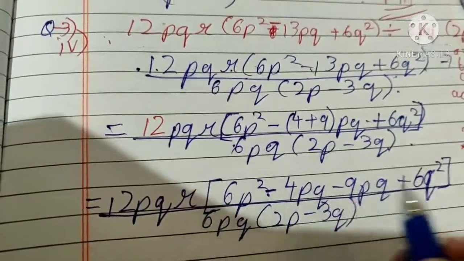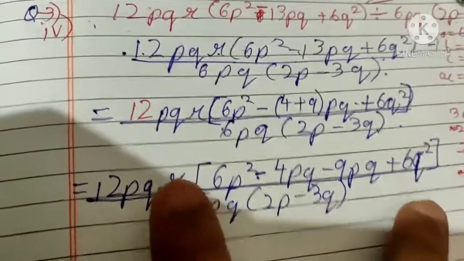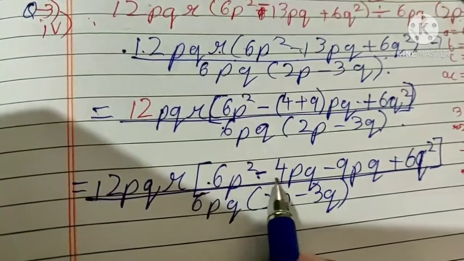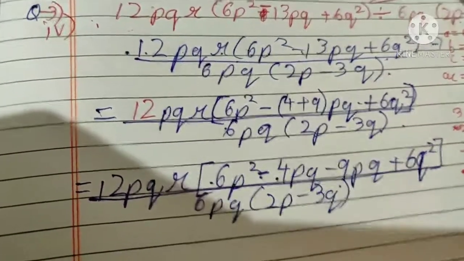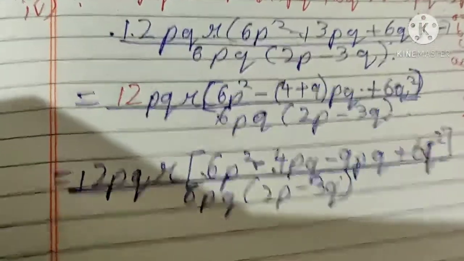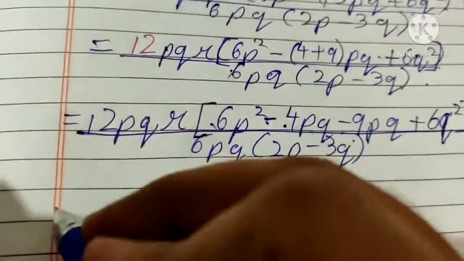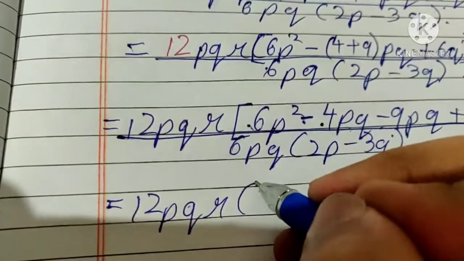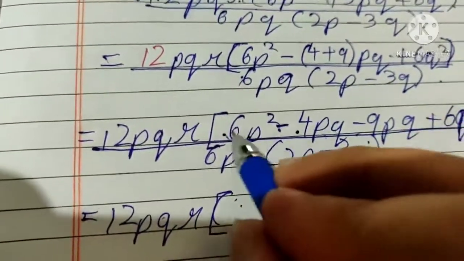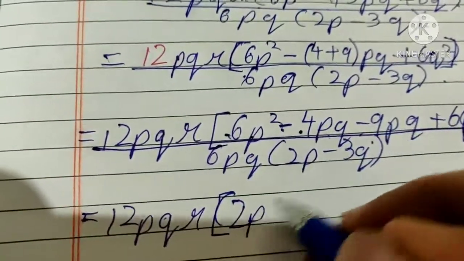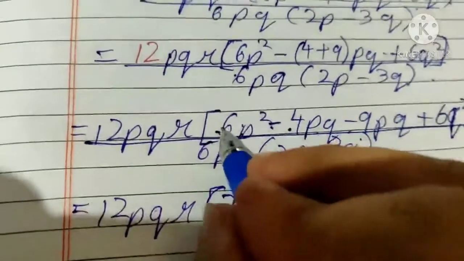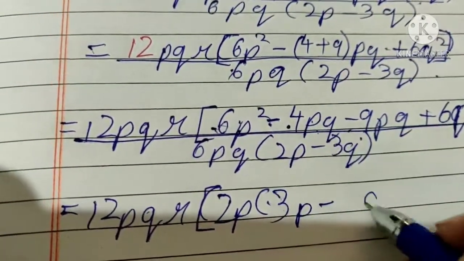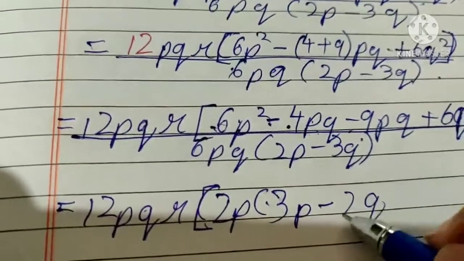Now we will try to find the factors in the numerator, this bracket part. In first two terms, can you get the factors? 6 and 4, yes, 2 is common, p square and pq, p is common. So 2p is common in first two terms. So taking 2 and a p common, you are left with 3p. Taking p common out of this, you are left with q, and taking 2 out of 4, you will get 2, so 2q.